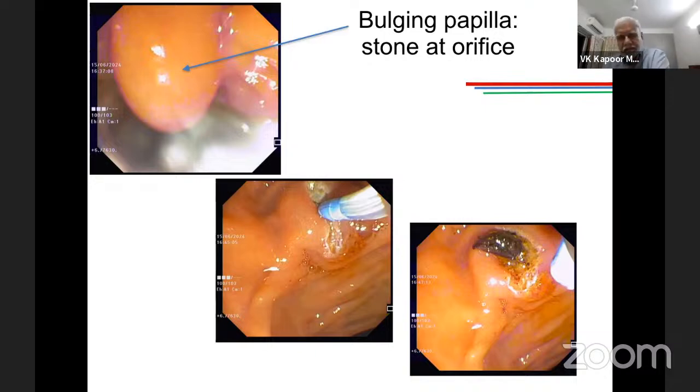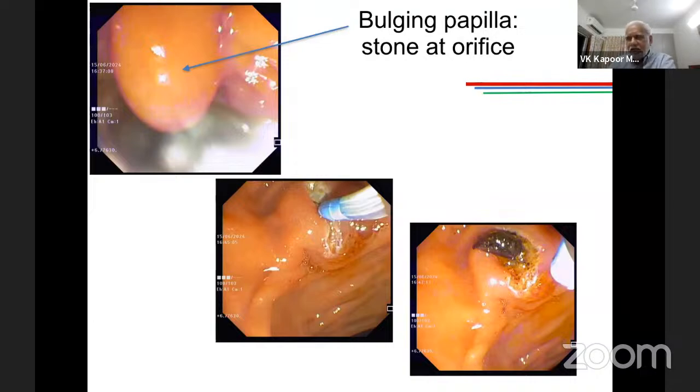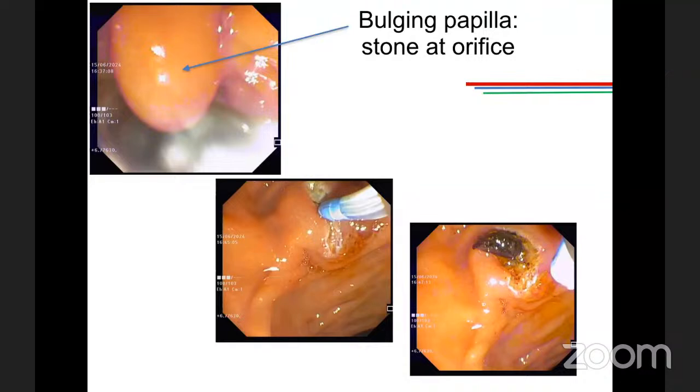Peeyush, as a surgeon, if the endoscopist has cleared the CBD and you are going to operate the same day or next day, would you prefer to have a stent or would you not like to have a stent? Yes, sir. I would like to make a comment. This is always a debate between us and our gastroenterologists. As already told by sir, they are not in favor of putting in a stent.